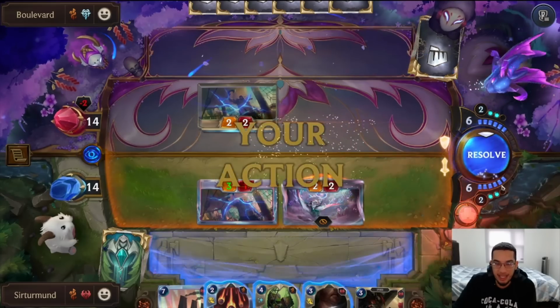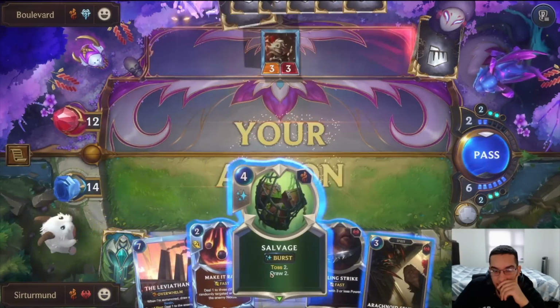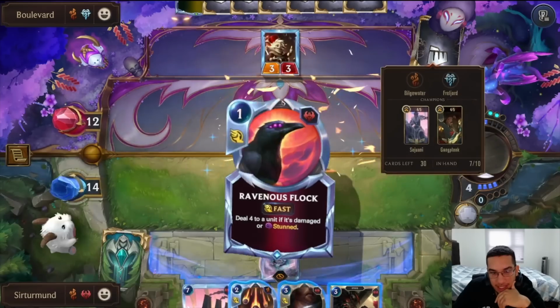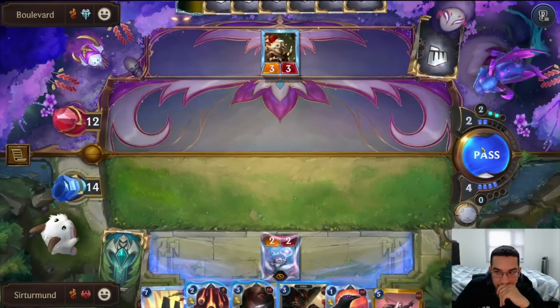The problem is that I would like to not have to play... Because I need to deal with the Gangplank. Oh, okay, that's fine. So they're just nabbing me here. We lose 1 Sentry. We get the Swain. So now we can actually play Sentry. No, I still